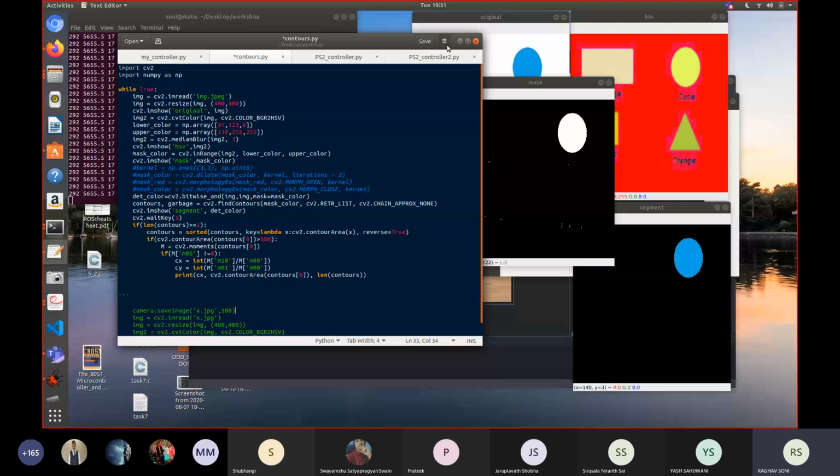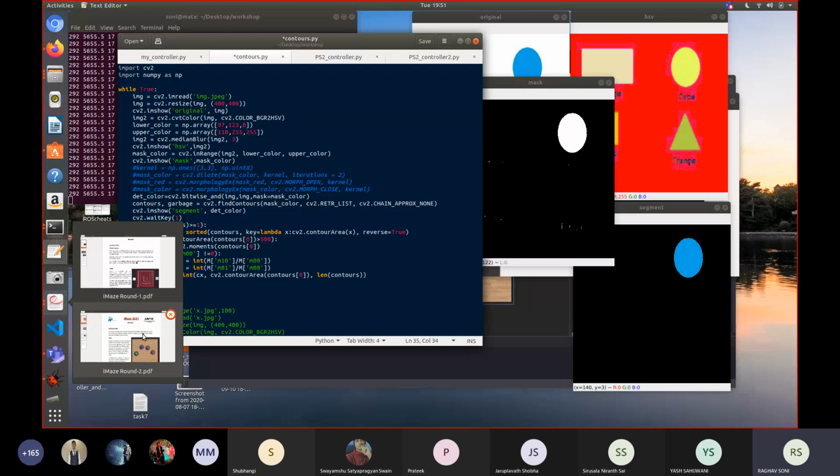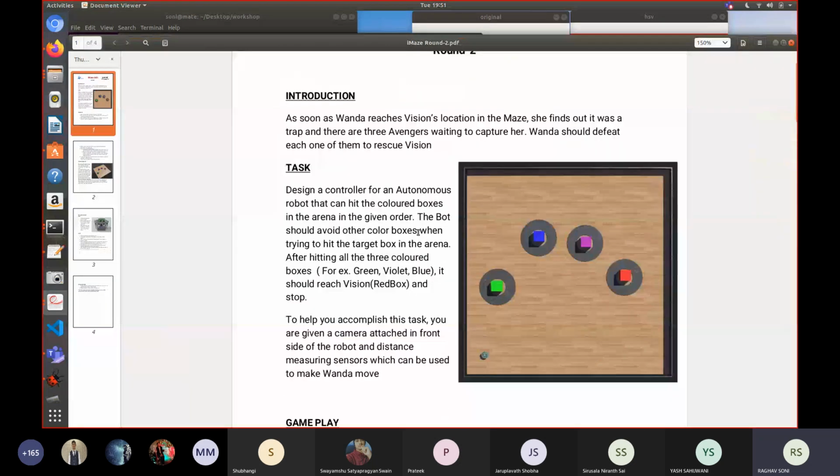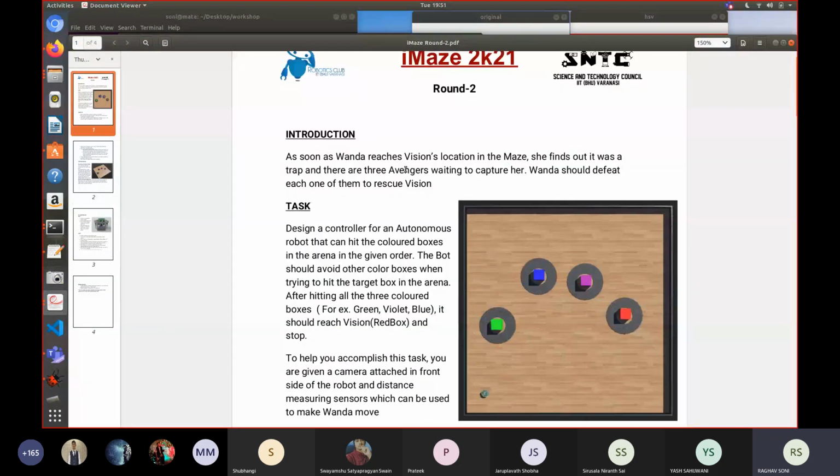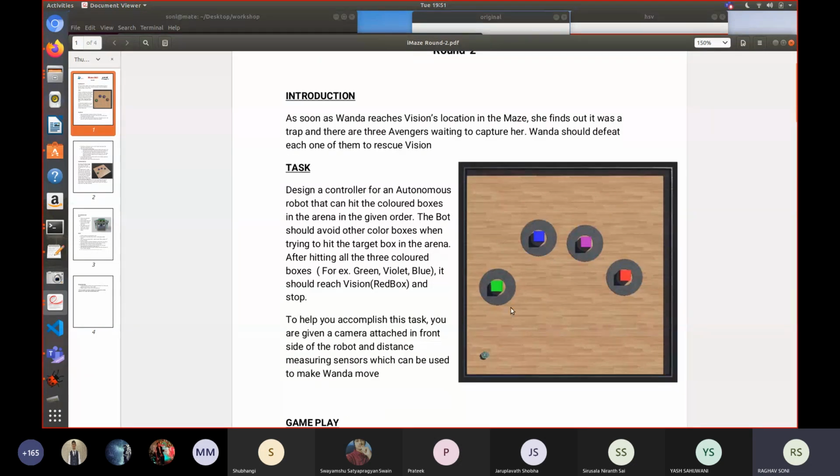I'll now introduce you to the second PS. As you would have already seen, we have a long tradition of releasing theme based PS. Here we are at the end of PS1, and the second PS,